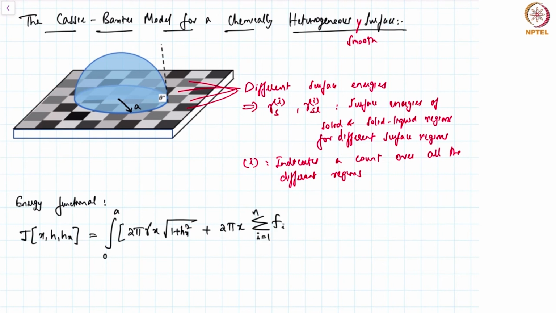If in each such square I have a small contribution from two different surfaces, then essentially I have solid, liquid,